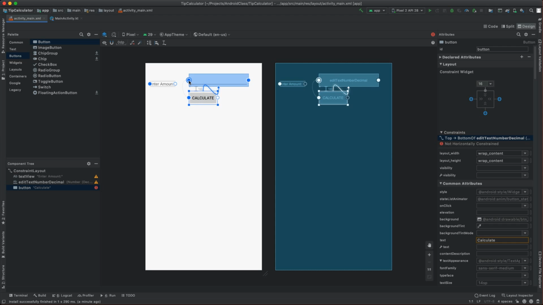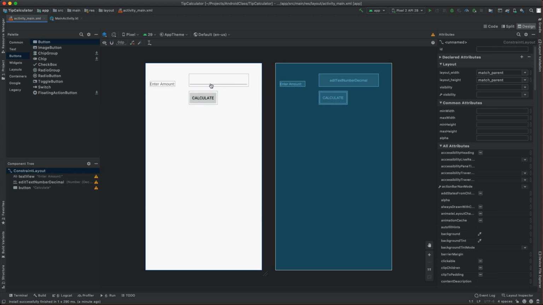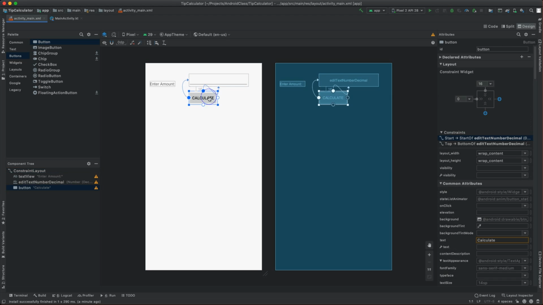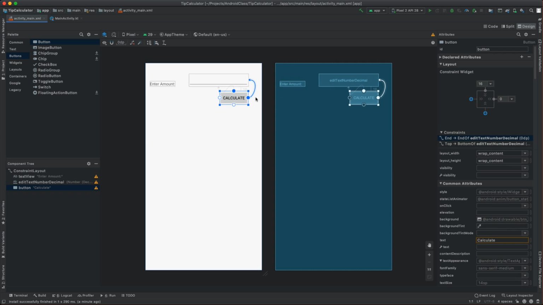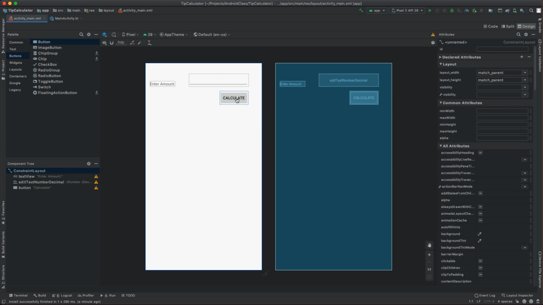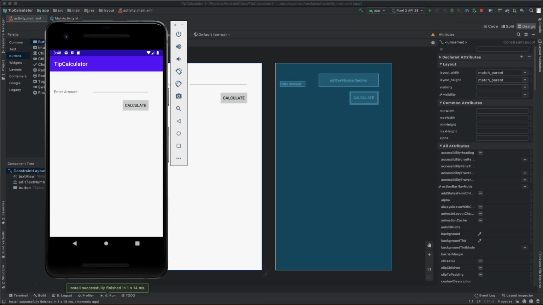If I tie it to the leading here, so now the left side, whatever the left side of this is, the button will always be the same, right? So that's pretty nice because it kind of lines it up. If you want to center it, and a lot of times we do want to center things, you just tie both sides, leading and trailing. And then of course if I want it to be lined up on this side, I can go through and remove that one, and now it lines up to the side. So actually I like that. I think it looks good. So we'll do that. So now we'll go ahead again. I always like to run, make sure I haven't messed anything up too bad. There we go,